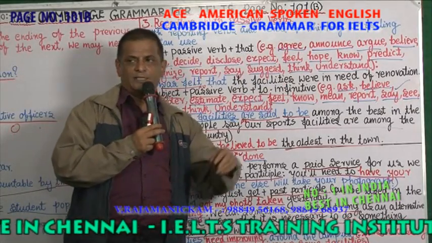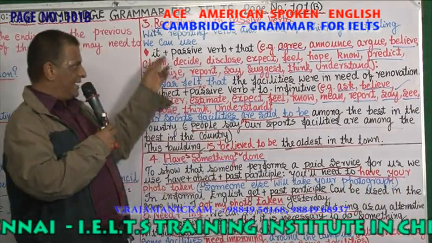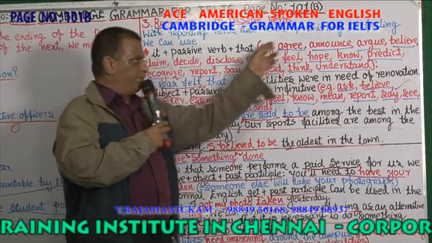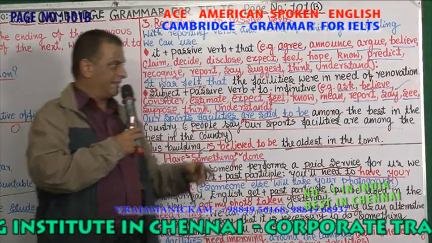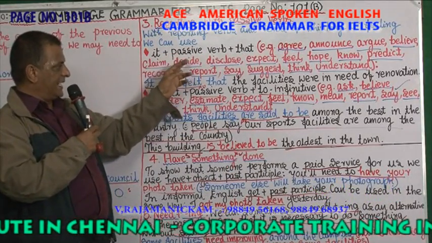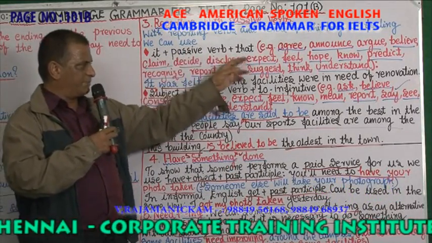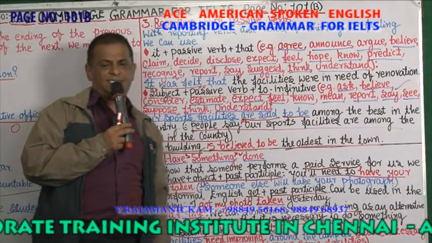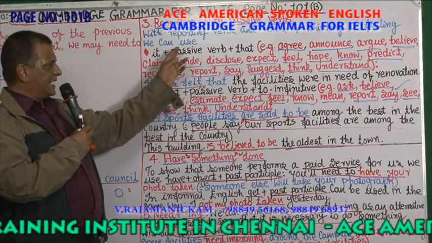It is agreed that, it is announced that அப்படி என்று அறிவிக்கப்பட்டிருக்கிறது. It is argued that அப்படியாக விவாதம் செய்யப்பட்டிருக்கிறது. It is believed that அது அப்படியாக நம்பப்படுகிறது. It is claimed that, it is decided that, it is disclosed that, it is expected that, it is felt that, it is hoped that, it is known that, it is predicted that, it is recognized that, it is reported that,